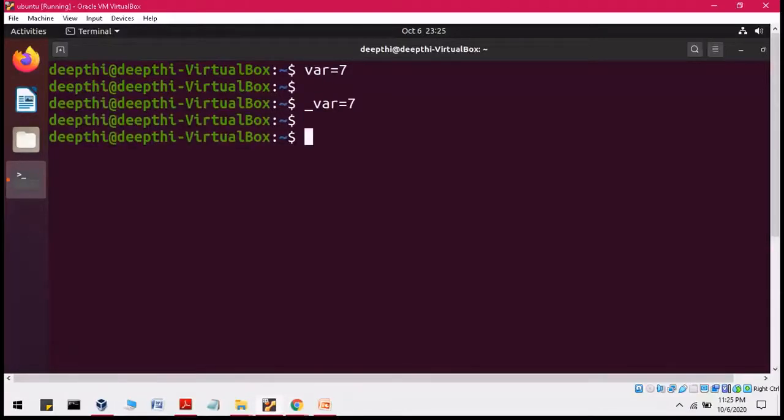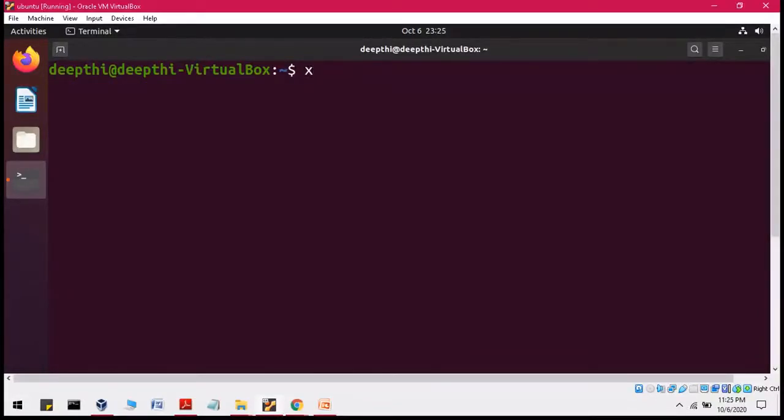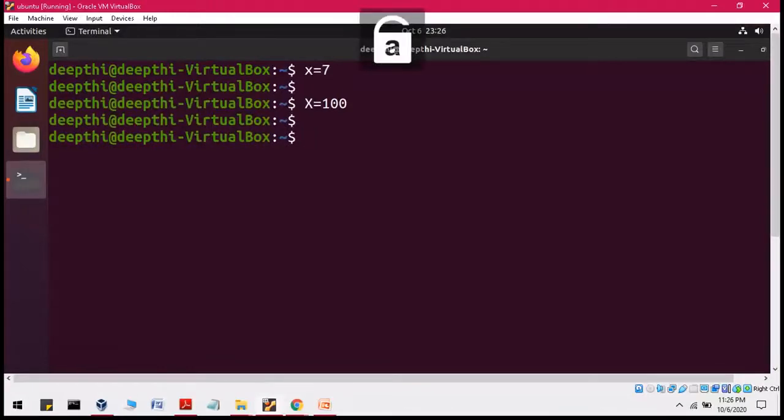Now the next rule is a variable name cannot start with a special character. If I use the asterisk symbol and then y, and assign some value, it is incorrect. Similarly, if you put any other special character, again it is going to give an error. And the last point is, if I have small x is equal to 7, I have defined this, and similarly if I take capital X is equal to 100, both of them are different.